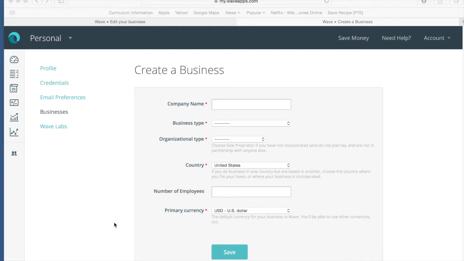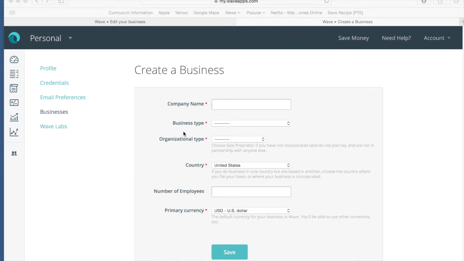My name is Sarah, and I recently learned about a new accounting software called Wave Apps. I'm going to give a little bit of a tutorial on some of the basics that I've learned as I've played around with it. I'm going to talk specifically in regards to a photography business. So you'll need to set up an account with them, which I've already done to play around with it, but